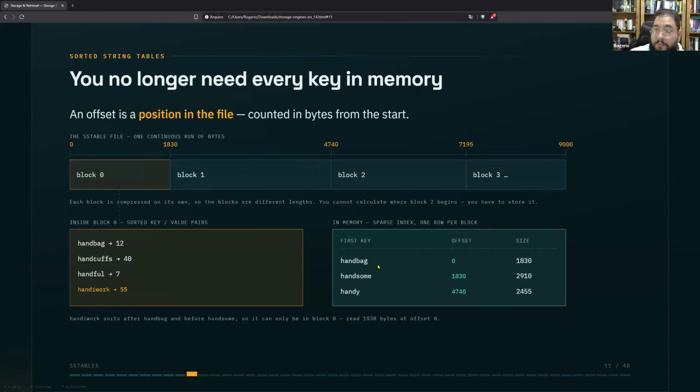But actually, it's much faster than reading all the values. And your hash map is really sparse now because you don't actually store each key value. Okay? The idea is clear?